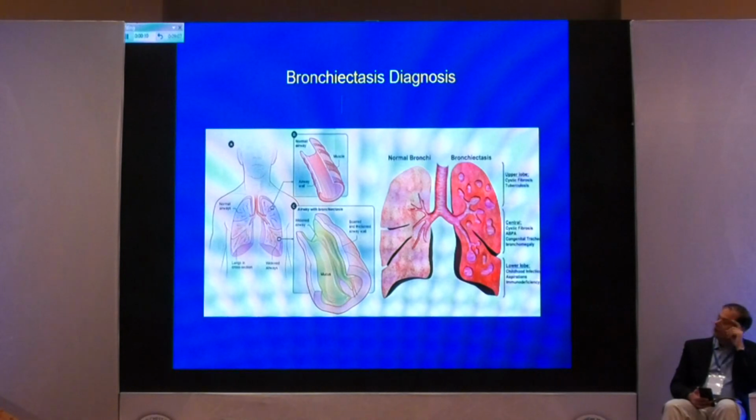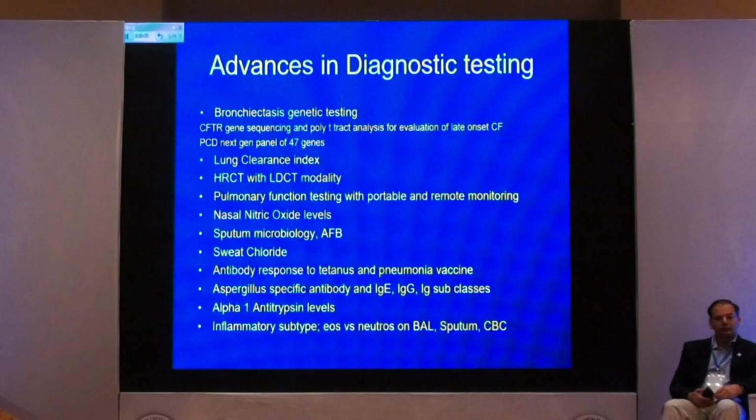If you have lower lobe, something with the blood flow, connective tissue disease, aspiration. If you have it in the middle lobe, typically famous like non-tuberculous or Lady Windermere syndrome, and upper lobe like sarcoid, CF, PCD. So just a lot of information on this slide, but I just thought to see where we are